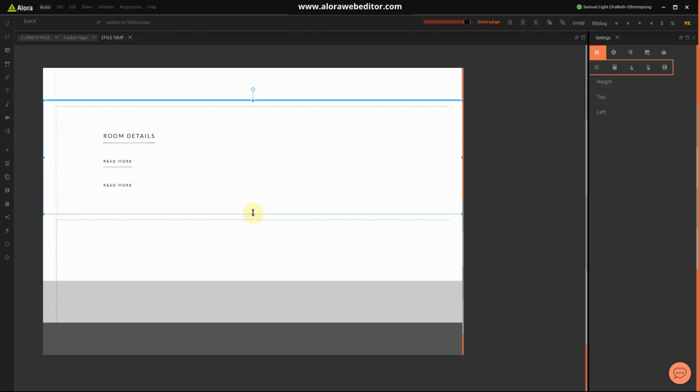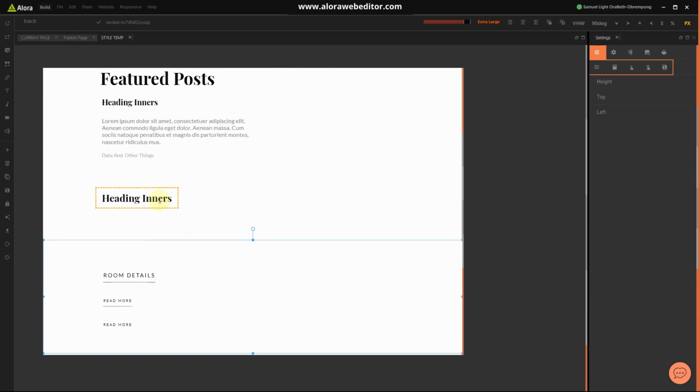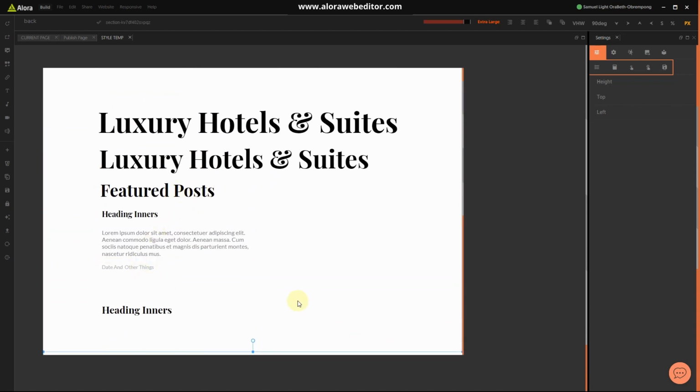So let's get to building our elements because we have that settled. To build our elements, we need to save some of our already built actions so that we can see how easy it's going to be for us as we build those elements with our website. So let's get started. First we are going to save this text over here, the actions for this text,